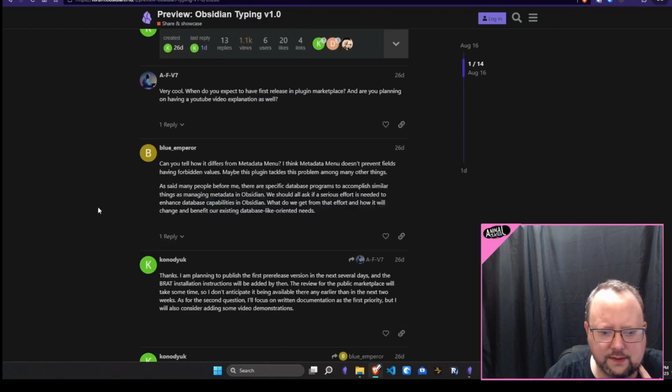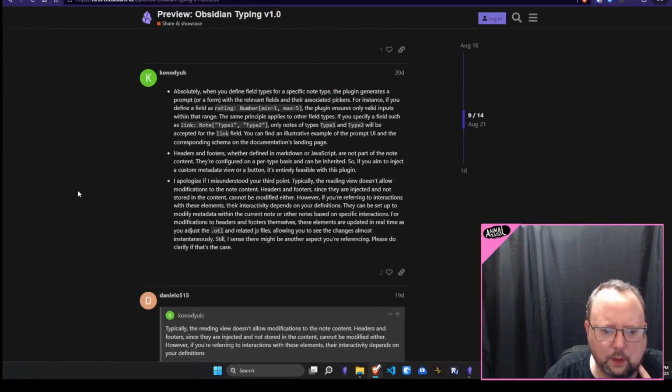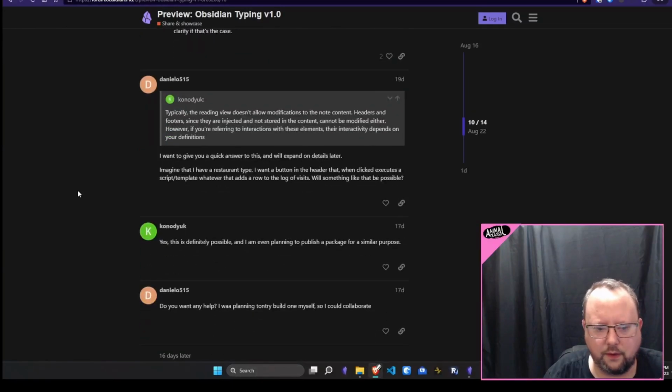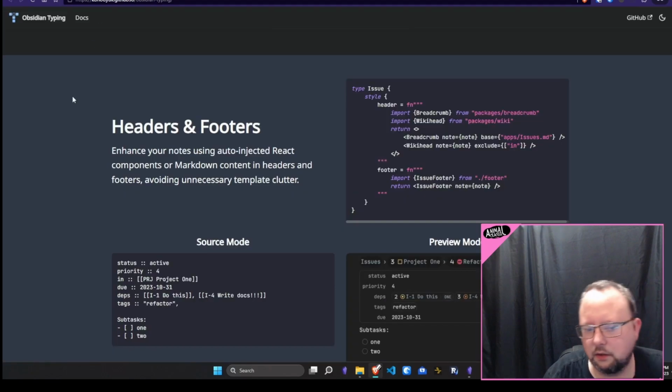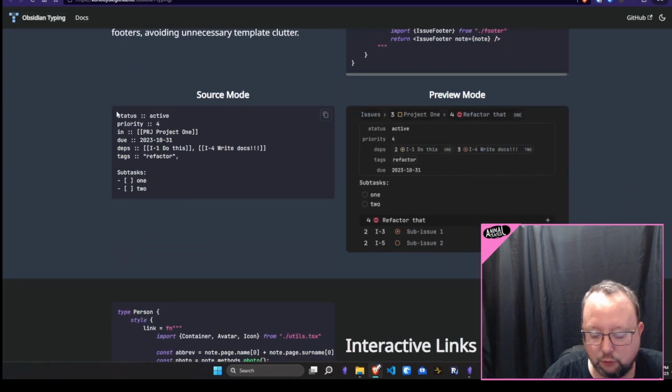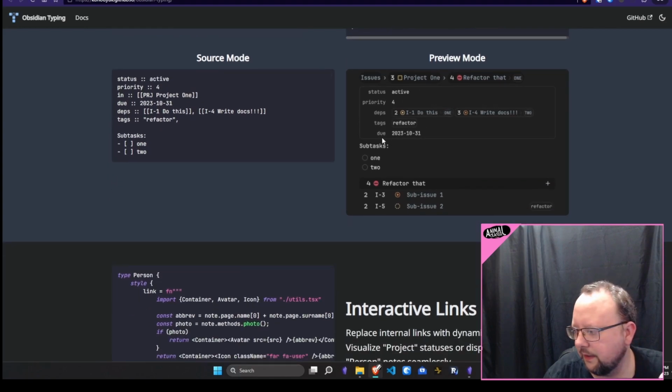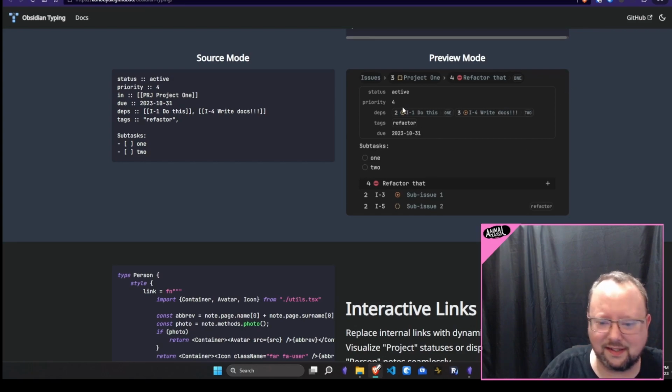But I think one of the things he said was that there's going to be a way for people to build stuff and then share it with other users of the plugin easily, which I think could alleviate a lot of the reactions people might get from looking at some of these screenshots. But something like this basically just looks like the Tasks plugin, almost. It's not too